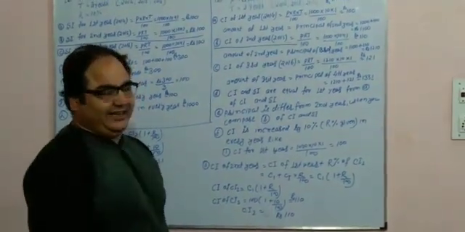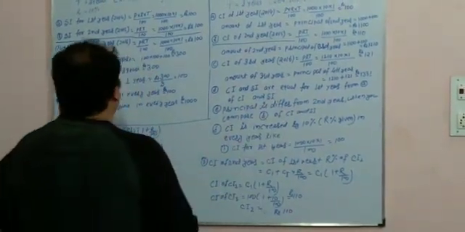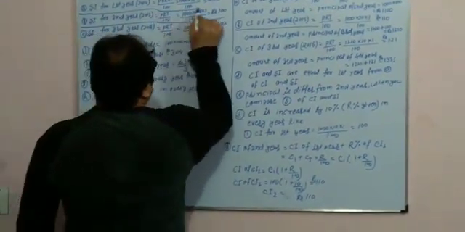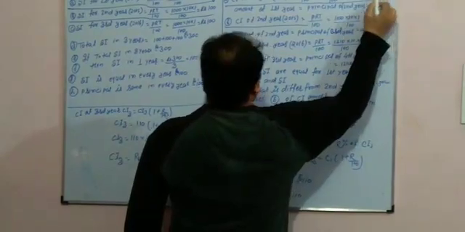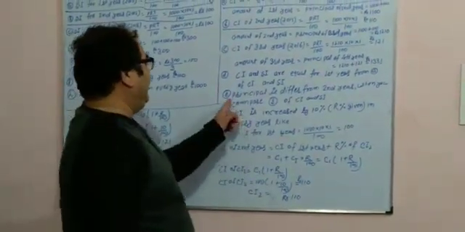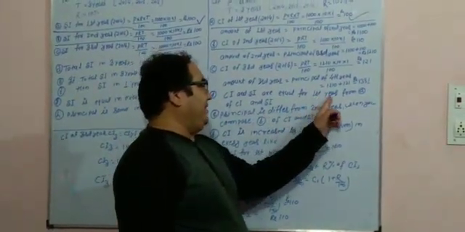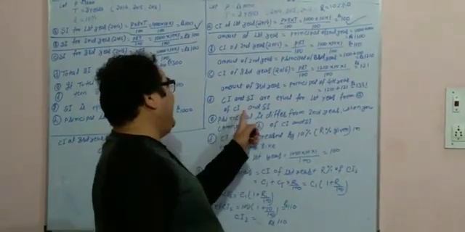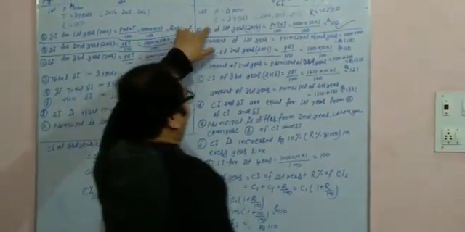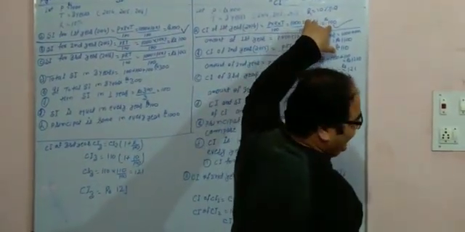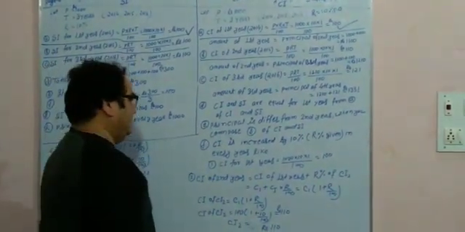CI and SI are equal for the first year, as from A in CI and SI. Try to understand, children. For the first year, CI and SI are equal: 100 rupees and 100 rupees. So whenever you see that the value of SI and CI is equal for the first year, from A of CI and A of SI, A of SI is 100, A of CI is 100. So you can say that SI and CI are equal for the first year.